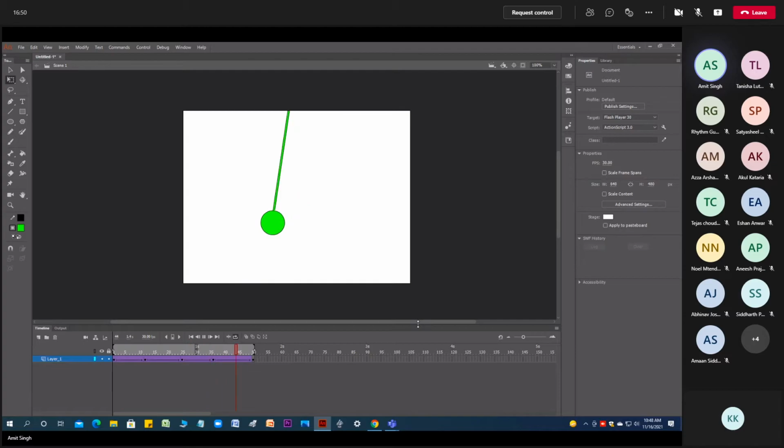Now you can see from first to last, it's coming slower because I brought it near the first key. So timing and spacing, as discussed on paper: if two images are nearby or almost overlapping, it is going to be slower, and if there is more distance between them, it is going to be fast.